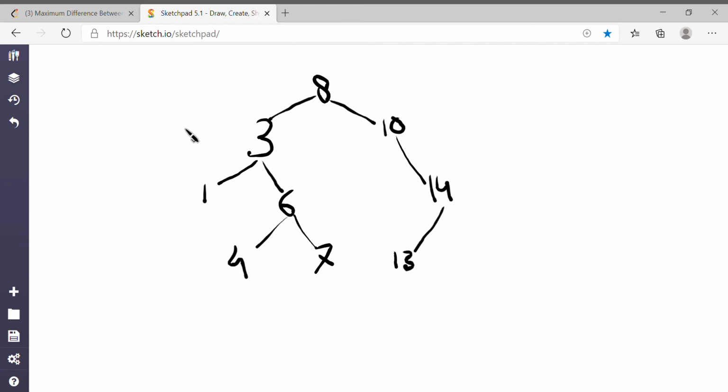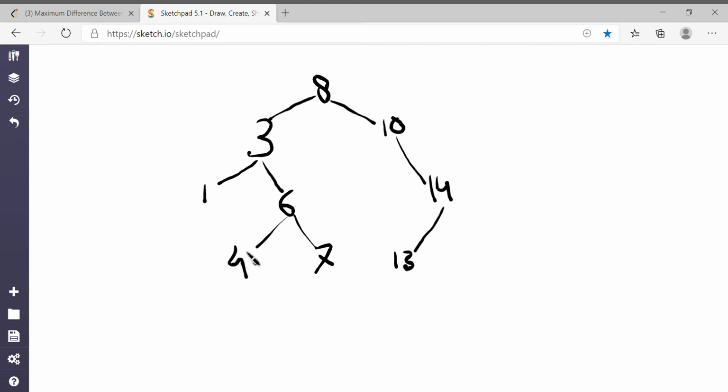So here the question is how we will tell 8 what is the minimum and maximum value of the left subtree, and what is the minimum and maximum value of the right subtree, right? Once it gets that, it will try to get the difference and check whether it is a maximum or not, and from the right side also it will try to get a difference. For that, first we will iterate till the leaf of the tree.